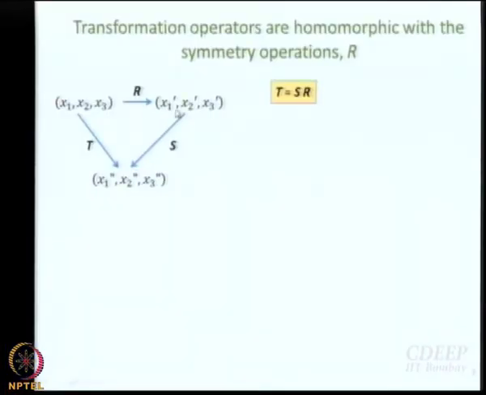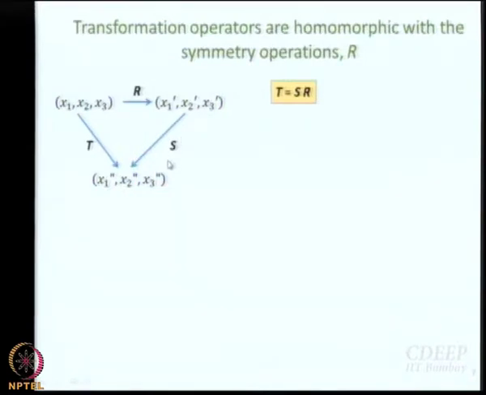Okay. Let us start with this. Let us do the derivation and let us see where we get. Let us say S, R, T are once again 3 operations and T equal to SR. That means if you start from here, start with this coordinate system x1, x2, x3. Perform the R operation, you get, let us say, x1 dashed, x2 dashed, x3 dashed.